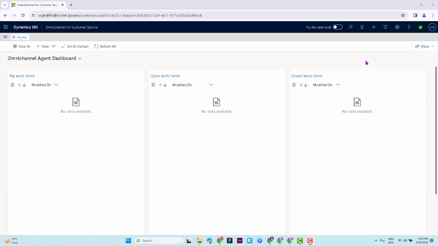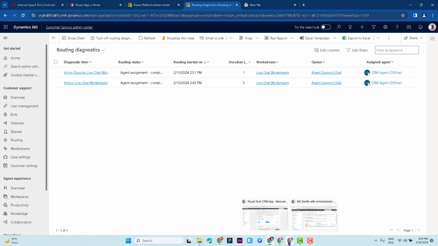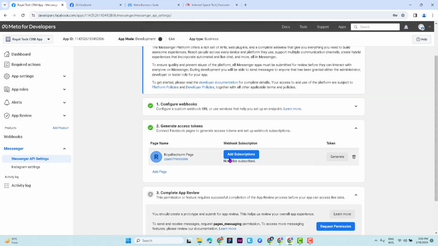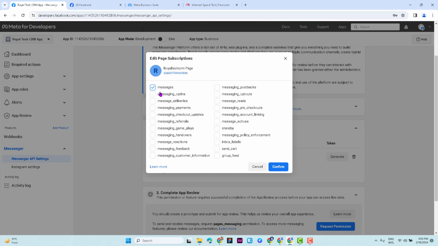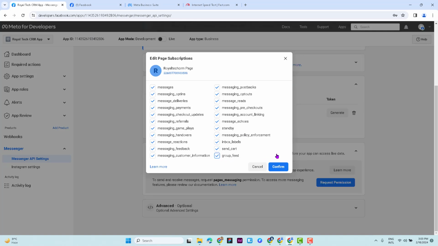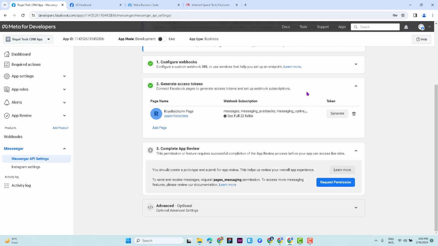Okay. Yeah, so also before we receive our message, so that we're able to drop in, we need to pass in the fields also for the page. So I'll just add subscriptions here. I want messages, I want virtually everything here. Check out referrals, handover. So we want all this. So just select everything, inbox, and click on confirm. Yes. So now we have our fields added to this. So now we can go back and check and test our